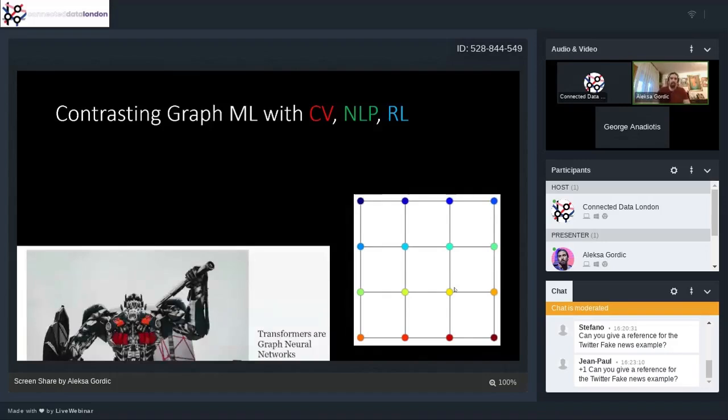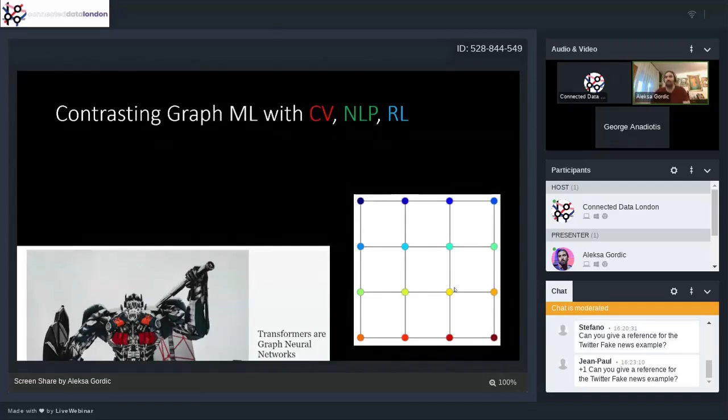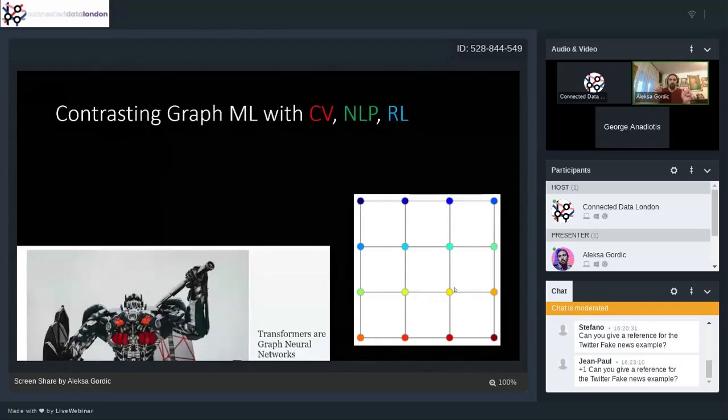The second thing is, if you think about it, transformers are a special case of graph attention network. This may be hard to understand initially, but if you treat a sentence as a fully connected graph, so you implicitly connect every word with every other word, basically what a transformer does is the same thing as what a graph attention network does. I implemented both from scratch, so I do understand this a bit better. I appreciate that if you're new to this field, this will be confusing, but just keep that connection in mind. Basically, a graph attention network is a generalization of transformers, and it can be applied to any other type of graph, not just a fully connected graph.